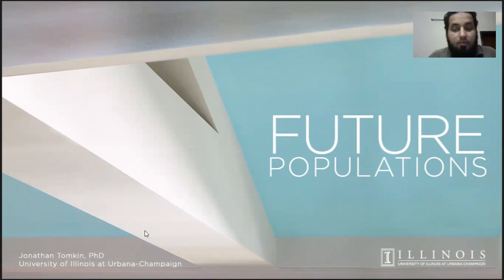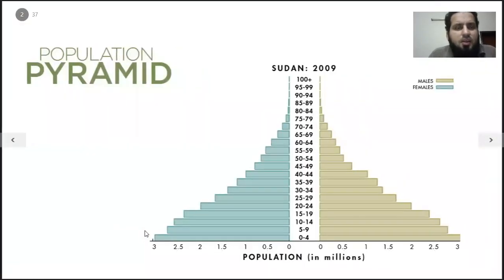And I will be sharing very important information about how population in different countries, especially in the developed countries, is decreasing. So what are the social implications for that, and with the aging of population, what does graying of population actually mean? So this is basically an age structure graph,